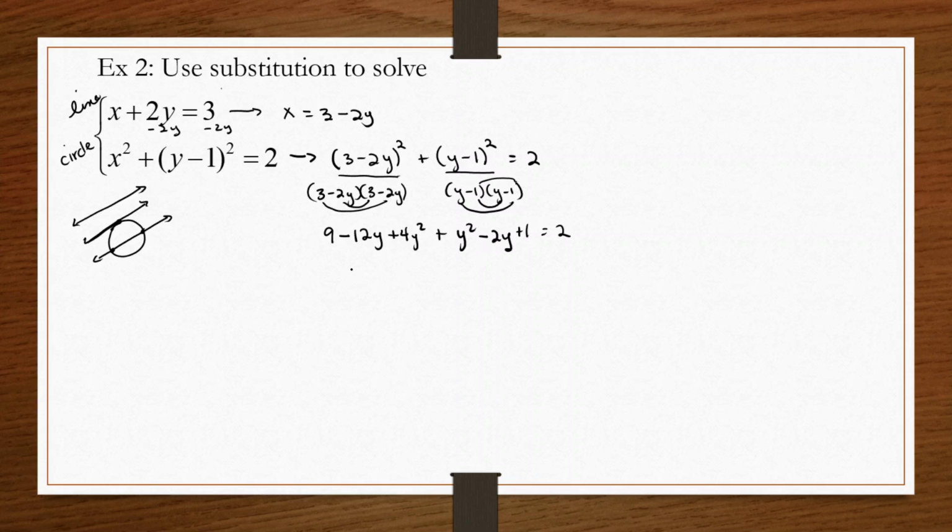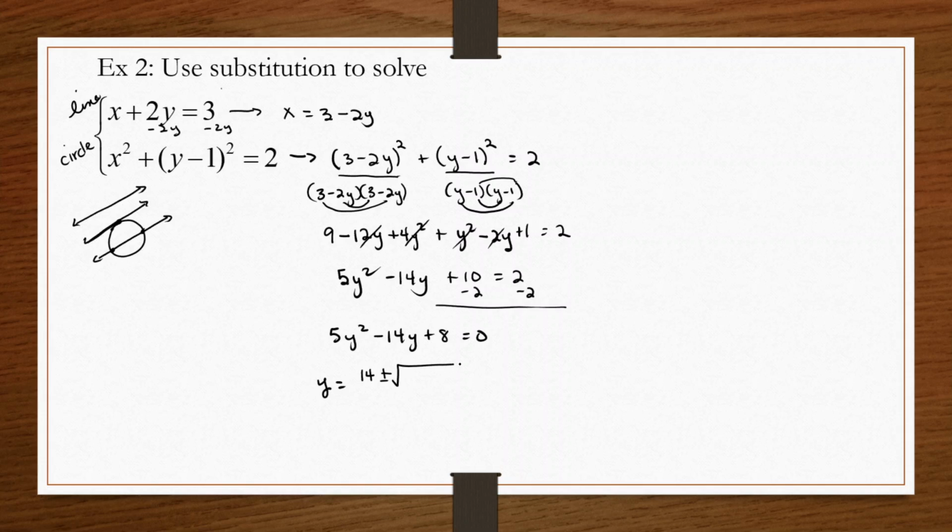Okay, so now let's combine like terms. So I get 5y squared, I get negative 14y plus 10 equals 2. Subtracting the 2 to the other side gives me 5y squared minus 14y plus 8. And now I'm going to use the quadratic formula on this one. So I'm going to have negative b, which becomes 14, plus or minus the square root of b squared minus 4 times a times c,